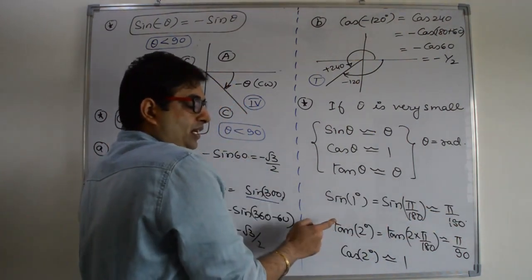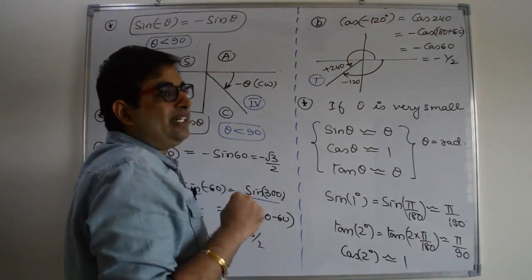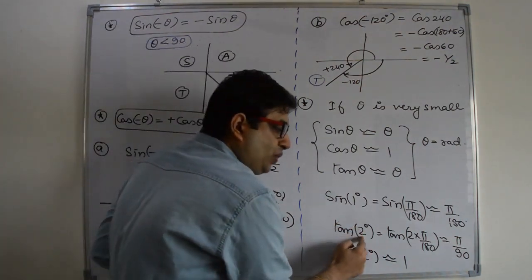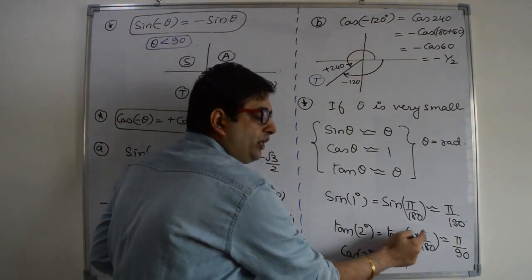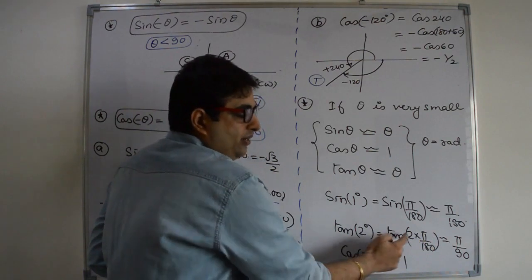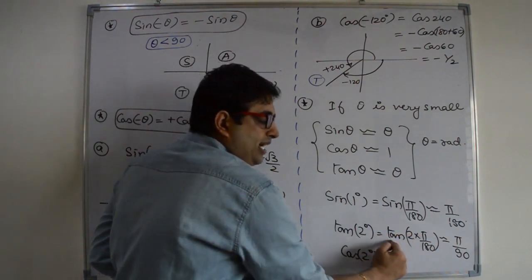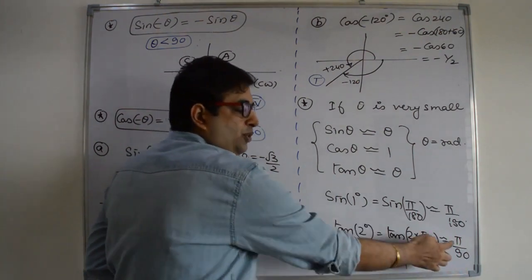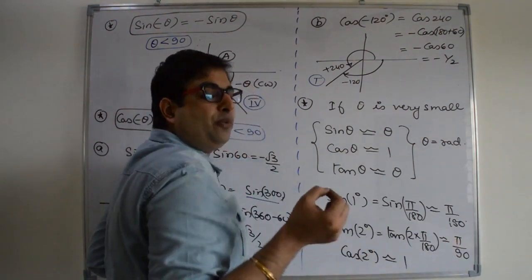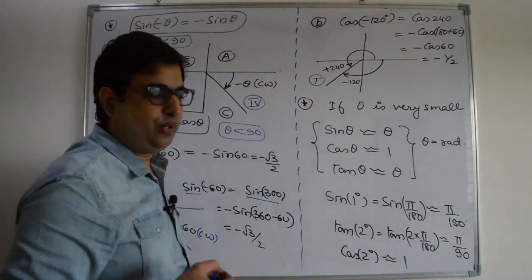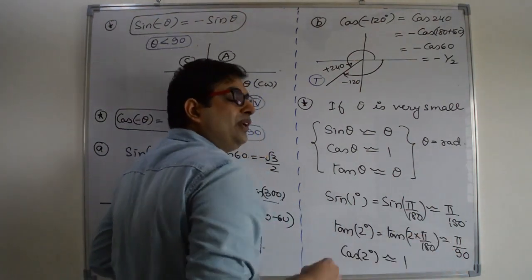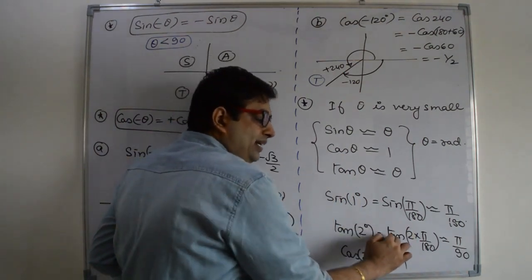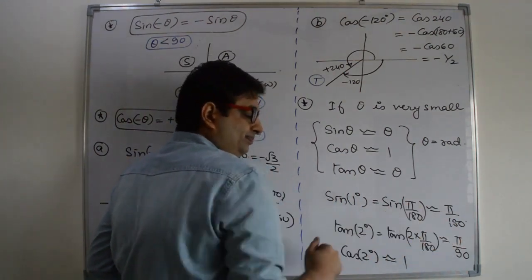Similarly, if we have tan 2 degrees, then you can't write tan 2 degrees is 2, right? It should be in radian. So first convert it into radian, 2 into pi by 180, right? Solve it. Sine theta will be approximately equal to theta for a small angle. So pi by 90, if you put the value of pi, 3.14, is a very small value. If you divide it by 90, you will get a very small value. So you can write tan theta as theta.